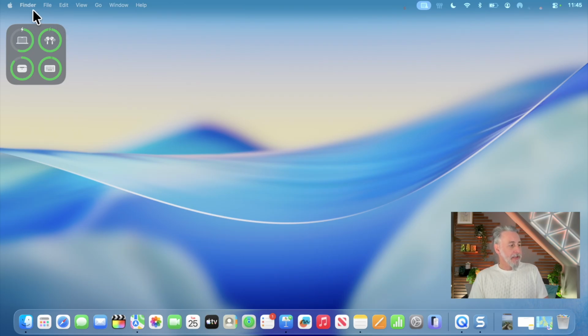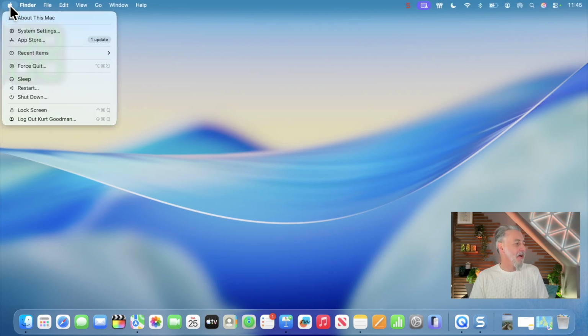You might find that yours will say something different here. Now, this is because the menu bar on a Mac is contextual. And I'll get to that again in a second. But what I want to do to start with is just click on the Apple icon here in the top left corner. This is where you will see information and options to do with usual features like going into your